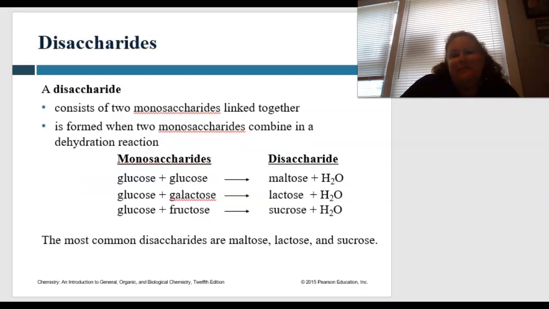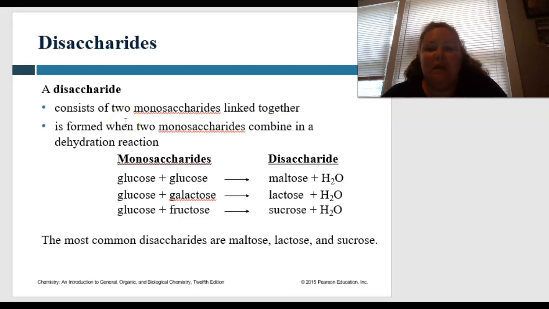So a disaccharide, remember, look at those words. Di means two, saccharide is your sugar. So this consists of two mono, or singular, saccharides linked together, and it's formed when two monosaccharides combine in a dehydration reaction. So remember we talked before about hydrolysis reactions? Hydrolysis reactions are using hydro, or water, to lyse or break apart something, whereas a dehydration reaction, that's what sticks